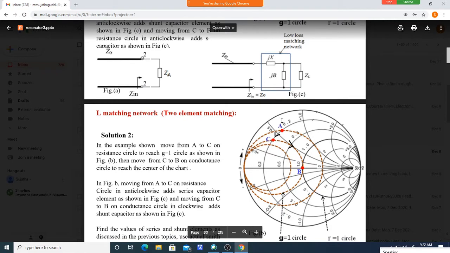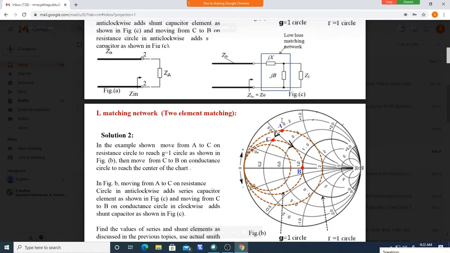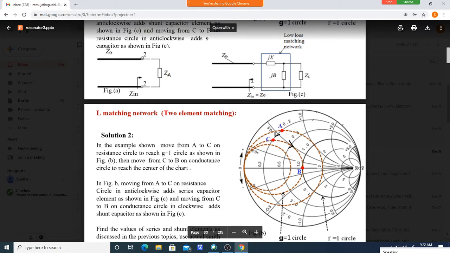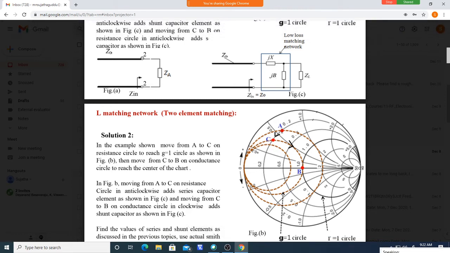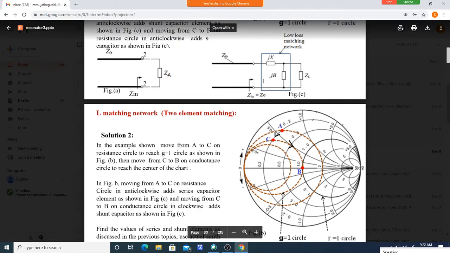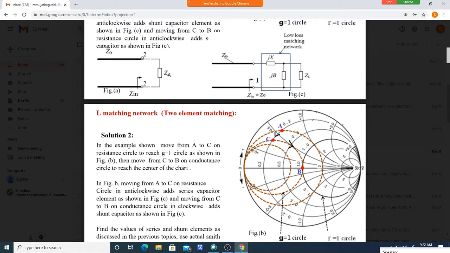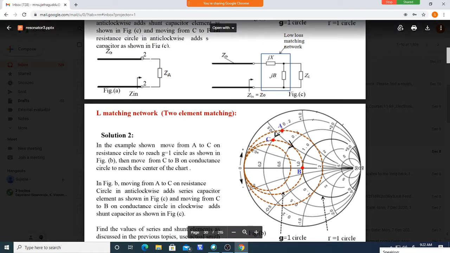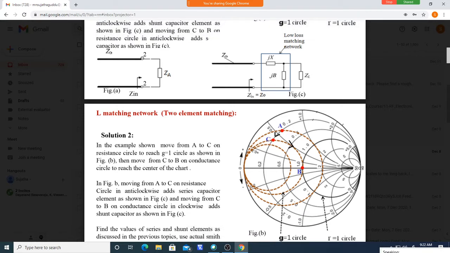You understood now? There are two ways we can get it. You can get any impedance here if 50 ohm is given. If a 50 ohm load is given, you can get any value like this by moving in the opposite way, like this. Or if you want 50 ohm, what we have to do? You mark this load, and from there you move like this to the 50 ohm. Whichever value you want, to that point you should move.